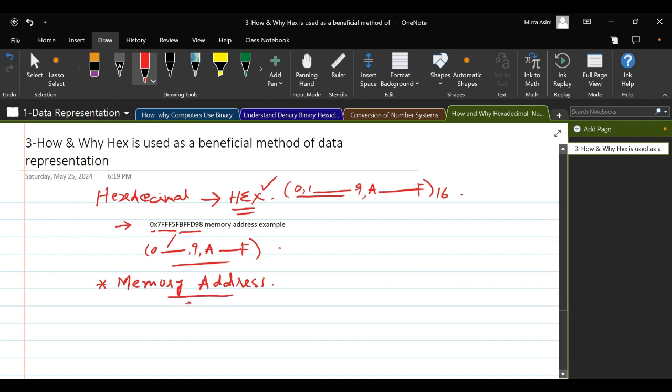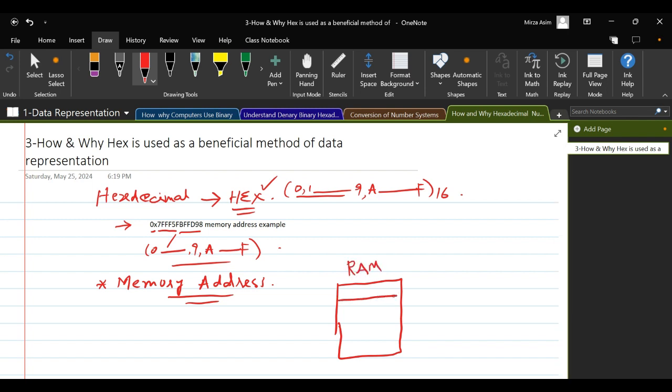What does it mean? Memory address. Let's say, for example, you have random access memory. Let's presume it's 8 GB of RAM, right? Every location has a different address.